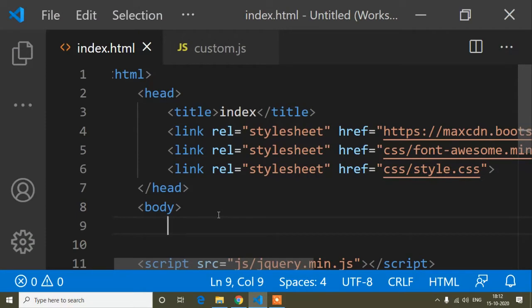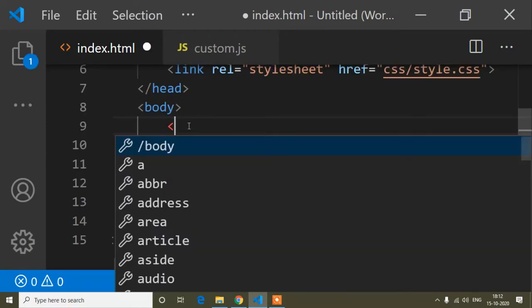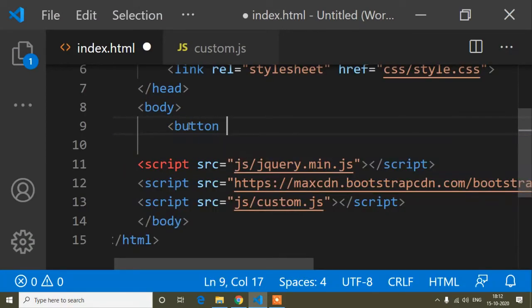First of all, for this example I will create a button. The button type is button, and I will write an onclick method and a function, that is my function, with parenthesis.